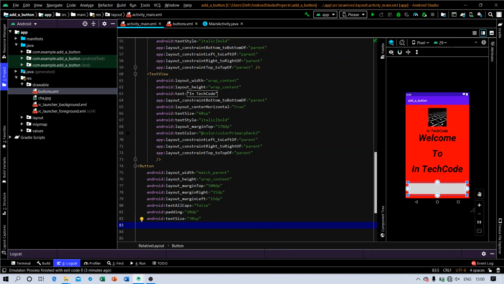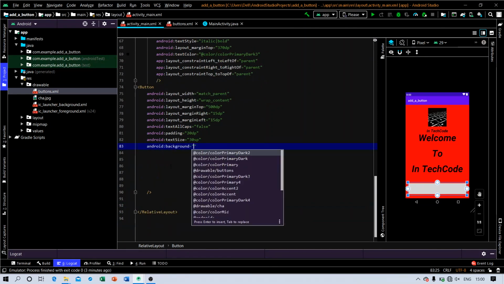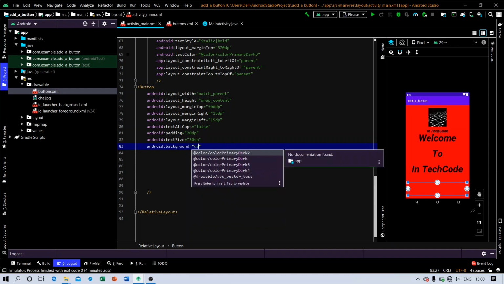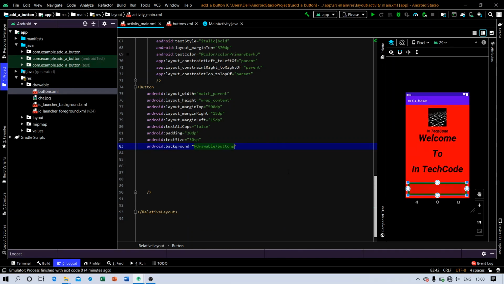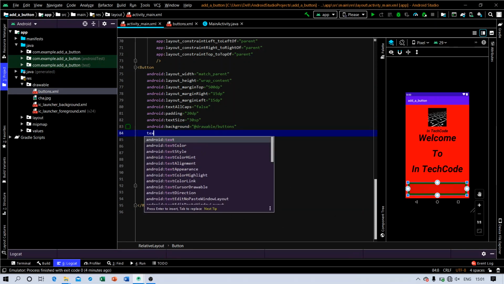The background, this is the background. It's just the design which we have created for a button, and we will add it over here. Yes, the button will look like this in your Android Studio page, and the text will be,